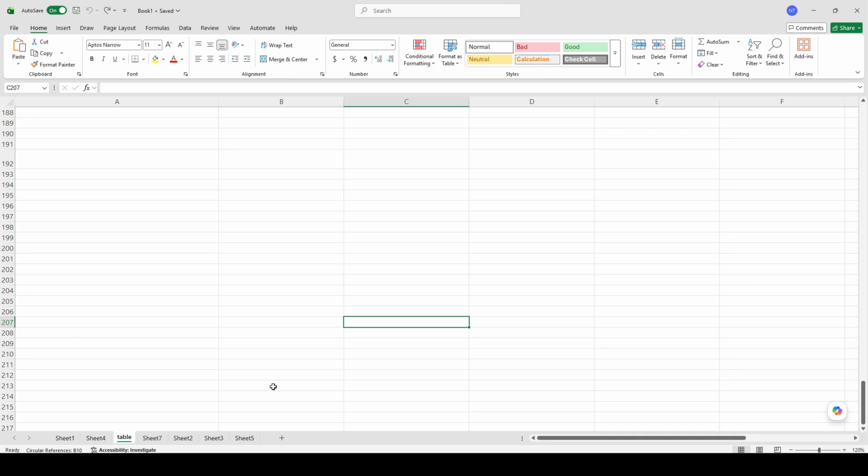To begin, look at the bottom left area of your Excel window. This is where your current sheet tabs are displayed. These tabs show the worksheets that already exist in your workbook. If you already have one or more sheets open, you will see their names listed there in a row. This section is important because it gives you access to all of the worksheets in the file and lets you